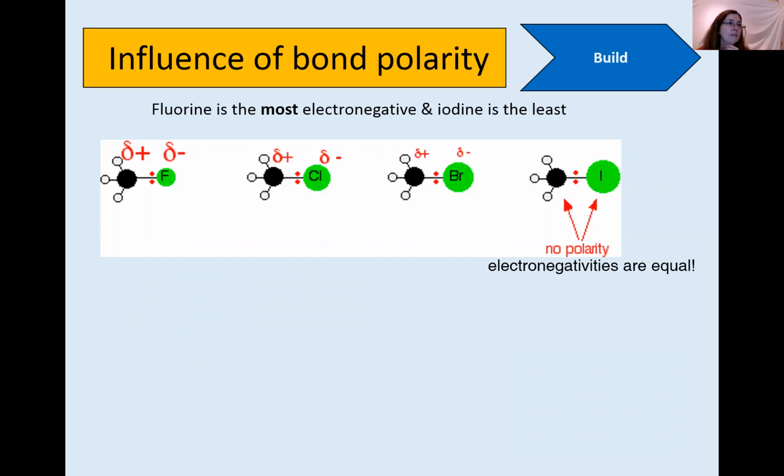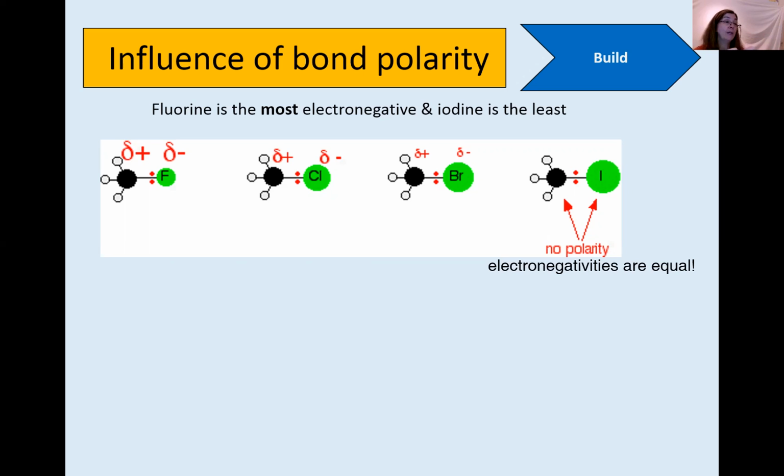So let's have a look at the influence of bond polarity. Fluorine is very electronegative, and iodine's the least electronegative of all the halogens. When we look at which has the greatest share of those electrons, in carbon fluorine, it's fluorine. Fluorine has the greatest share of those electrons, and as a consequence, it's got the greatest distribution of partial charges. So there's a huge amount of partial negative charge on fluorine, which means that the carbon will be hugely partially positively charged. When you compare them to, say, chlorine or in fact bromine, the partial charges get less,